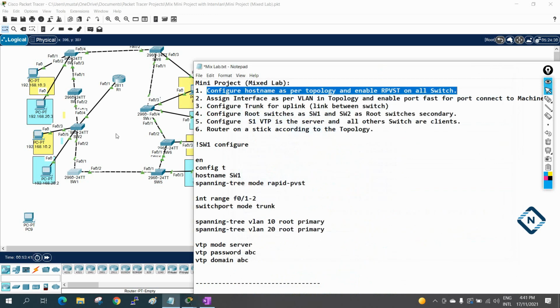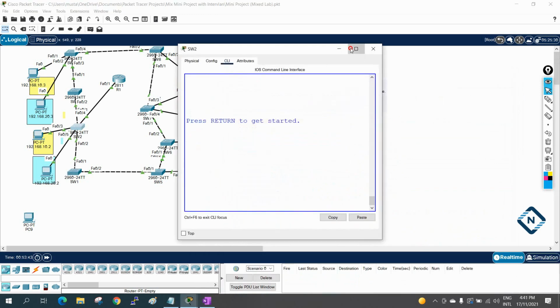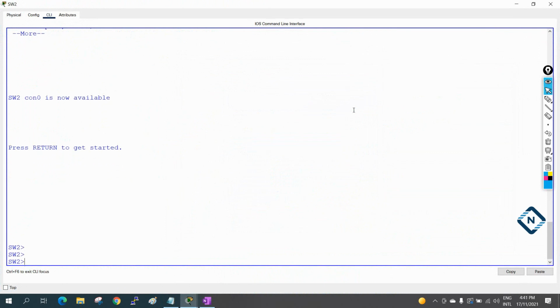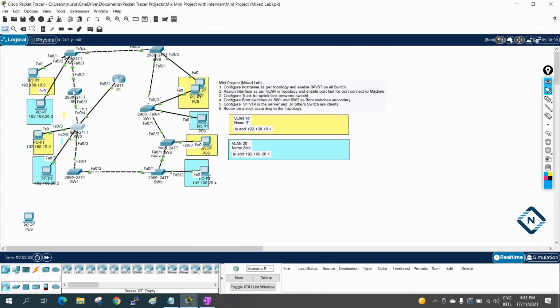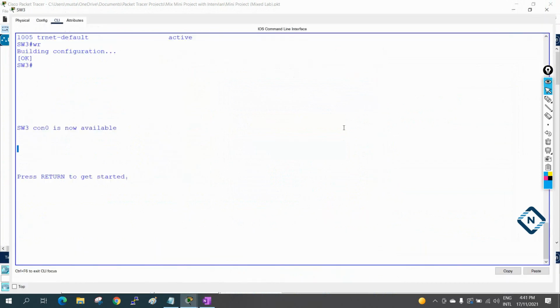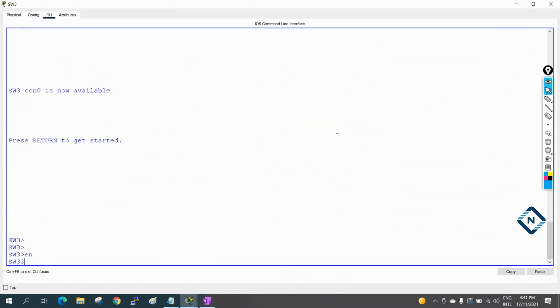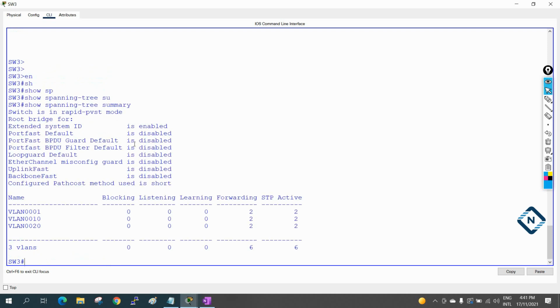Now we can go to switch 2. We can do this here also. Here, okay, this is okay. Now show spanning-tree summary, here also enabled. So switch 2 is also okay. Now we will go to switch 3. Name is there, host name already. Show spanning-tree summary. Here also rapid PVST is enabled.